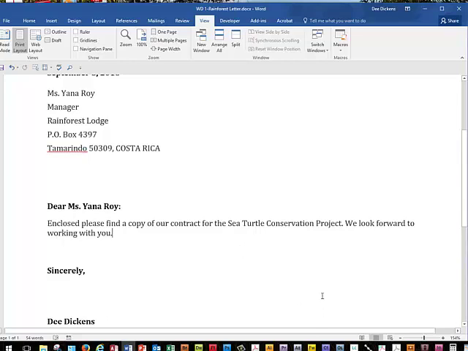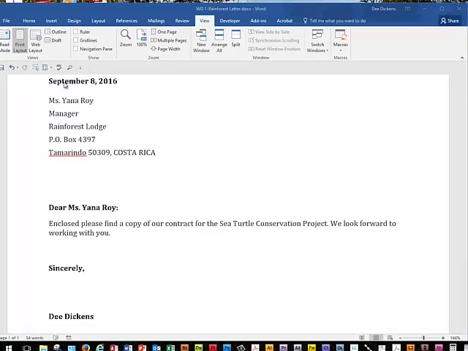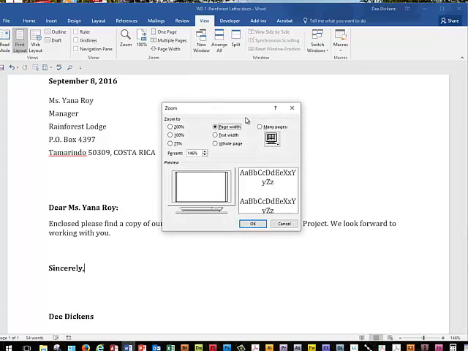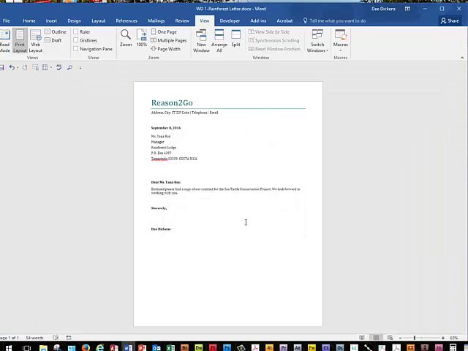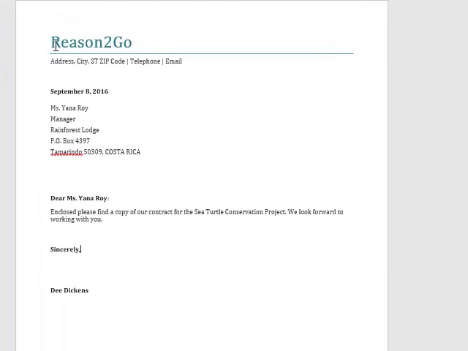Okay, so now I have 154% according to step 5, and then we're going to click the Whole Page option button and click OK. So I'm going to click Zoom. Okay, I want to choose the Whole Page option button to view the entire document, and say OK. Okay, and I'm going to click reasons to go